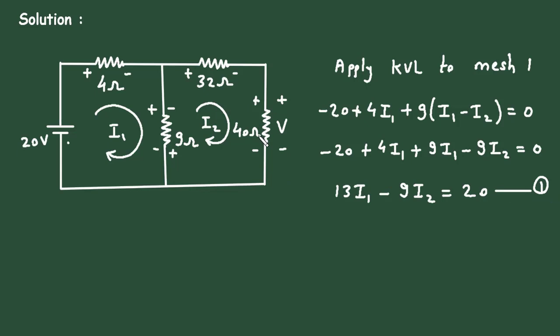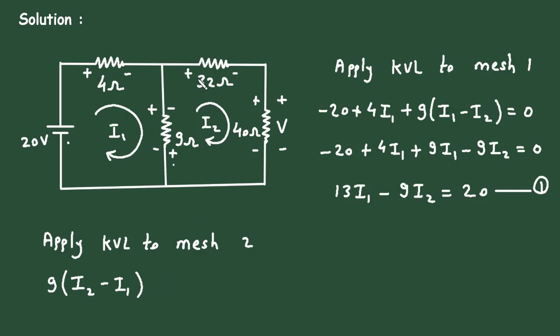Now similarly we will apply KVL to mesh number 2. Let's say again we are starting from this point. So it will be plus 9. Again this 9 ohm is common in both mesh 2 and mesh 1. Now this time we are solving for mesh number 2. So it will be 9 in bracket I2 minus I1. So I2 minus I1, then plus 32